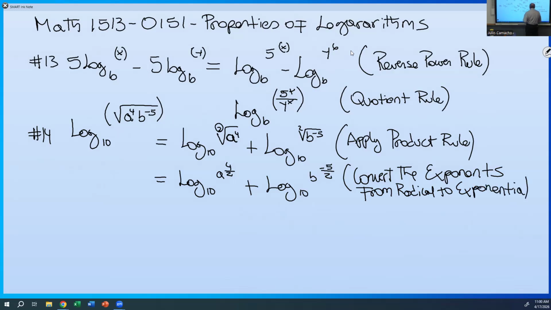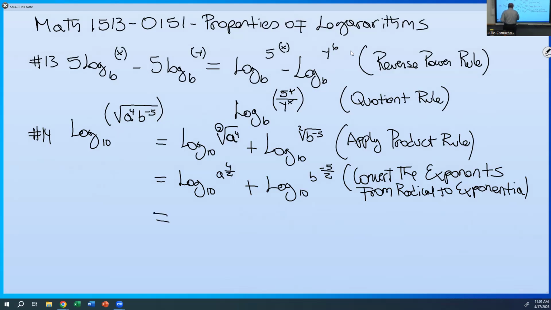That was the second step. Now after doing that, I can use the power rule, because this is an exponent of exponents, a raised to the power of 4 over 2. But I will simplify also, because a to 4 over 2 is